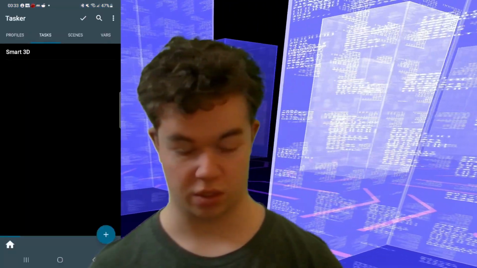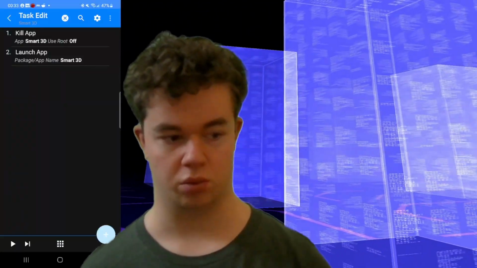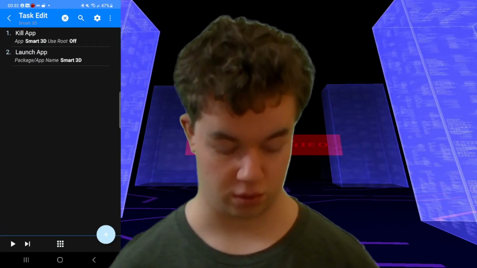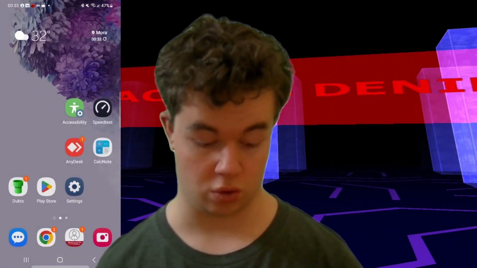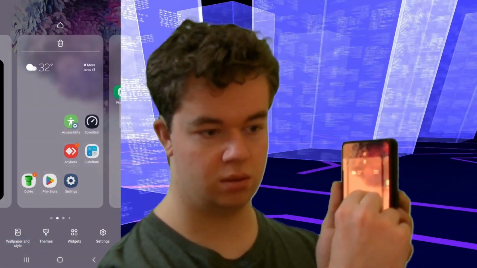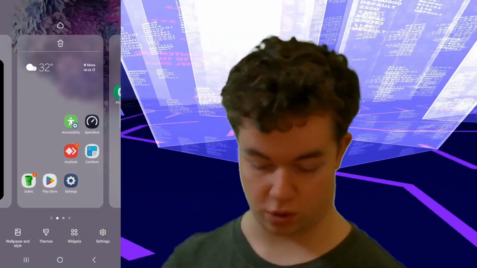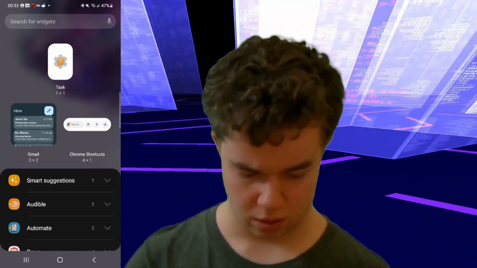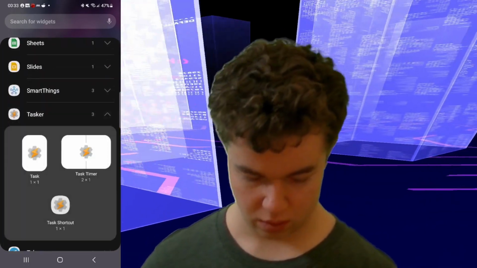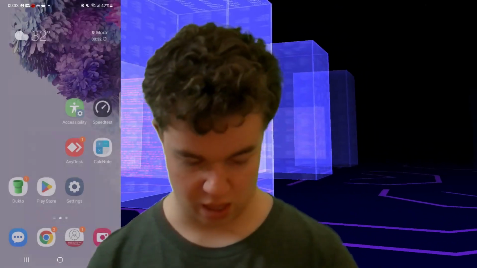So now the task basically exists, so I should be able to click on it and edit it. I could probably click the play button on the left, but I want to create a widget and try it with that first. So I think to create a widget, I want to go to the home page, pinch my fingers like this, and I should be able to go to widgets down there. And if I look for Tasker, I should in theory be able to do task shortcut, add,